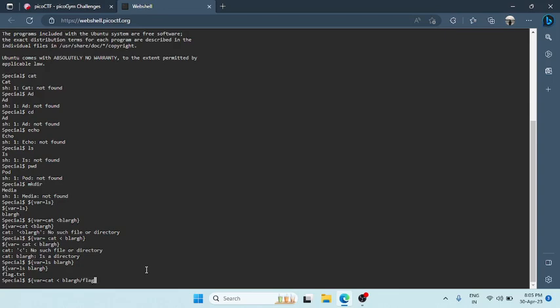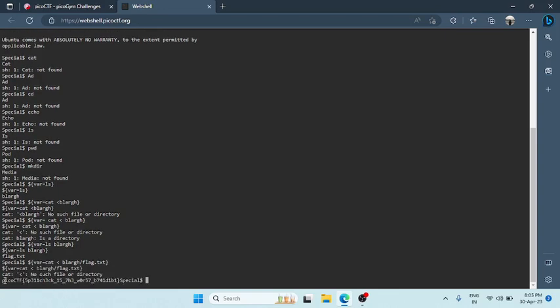If we are able to cat it, we will get the flag. We save this value on var and then see the output.